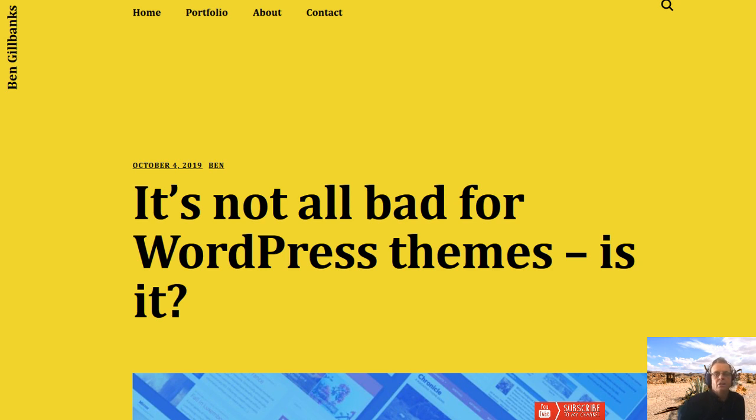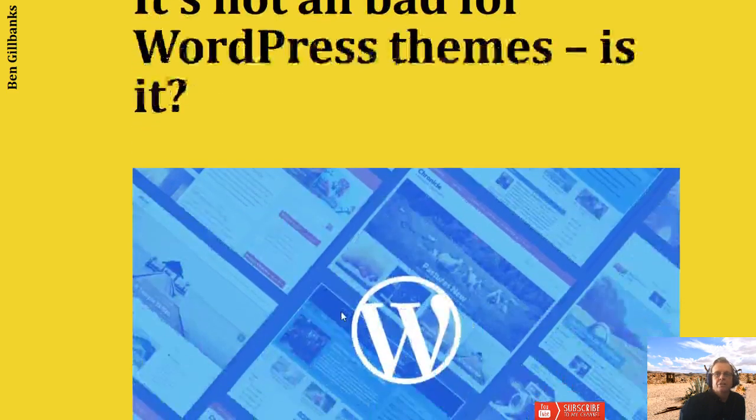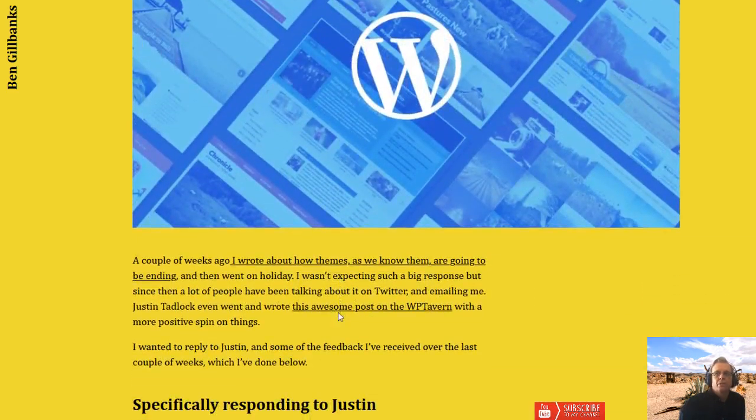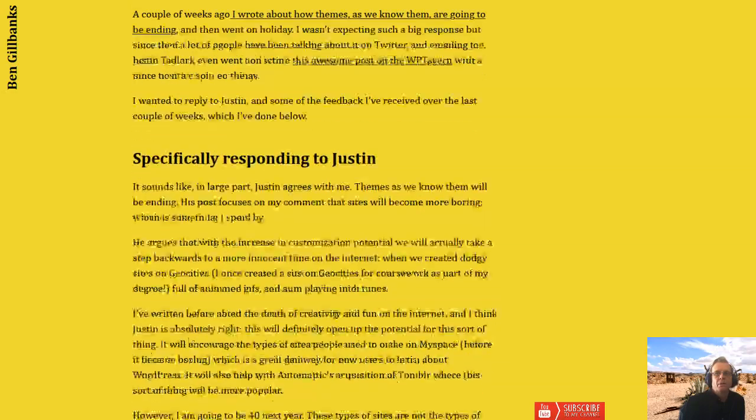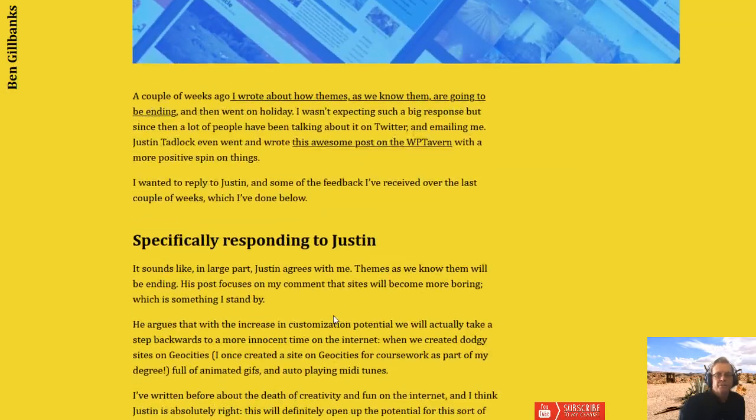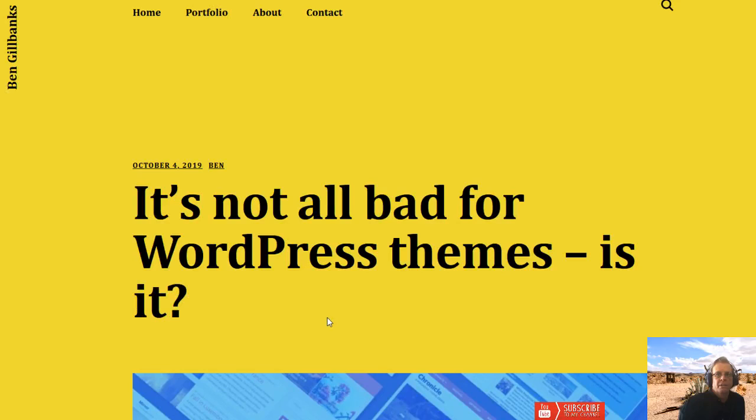And this is a good article discussing the issues around where Gutenberg is going and what some of the theme developers are going to have to think about dealing with over the next coming years, and how they're going to handle Gutenberg, which is working its way to being basically a page builder built into WordPress. So this is something to think about. And if you know someone who is a theme developer, maybe send them down to take a look at this and see what this article is all about.